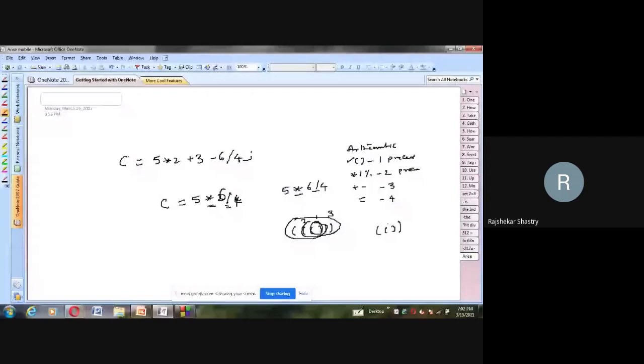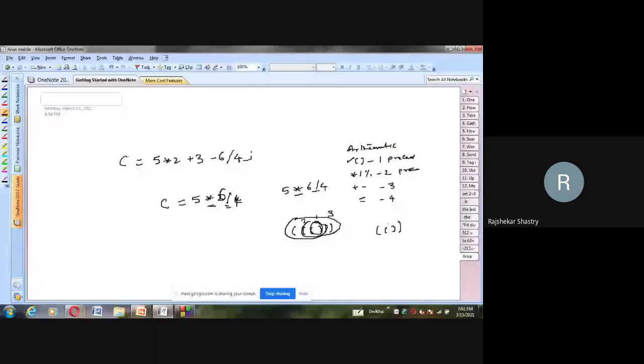If the parenthesis is not present in your expression, then it will give the priority to multiplication, division, and modular division. For any of these three, it will give the priority. And third priority is given to addition and subtraction. And last priority is given to, of course, the assignment operator. So here, according to this priority, suppose if I want to check, then which one is going to be executed first?